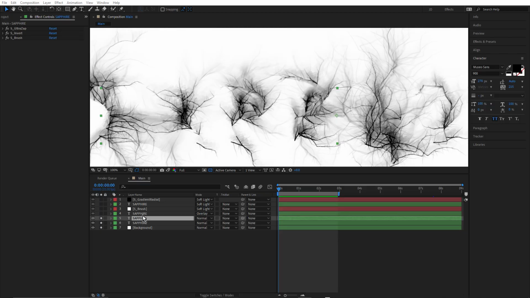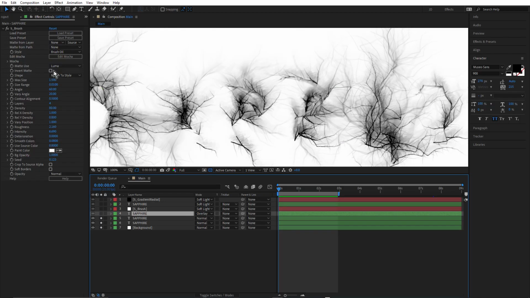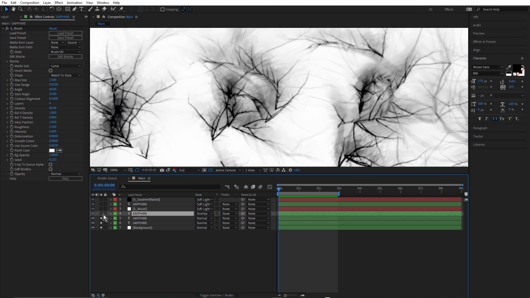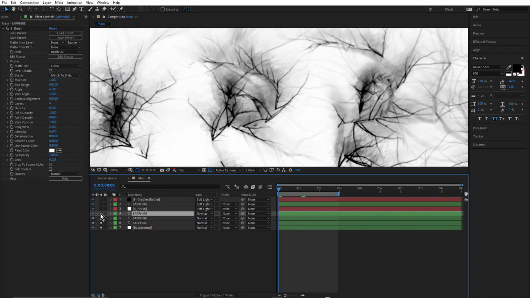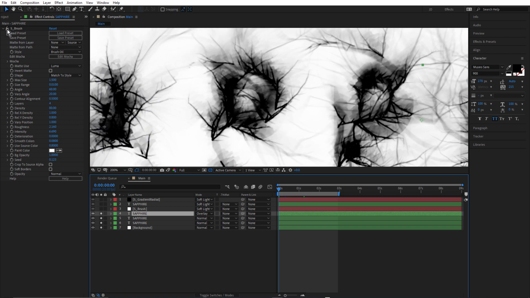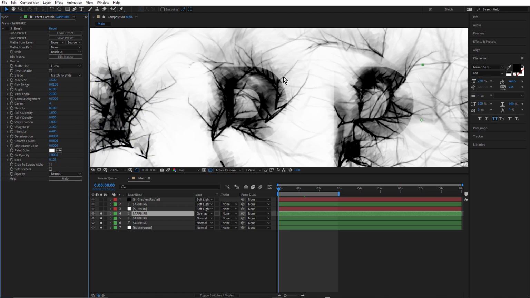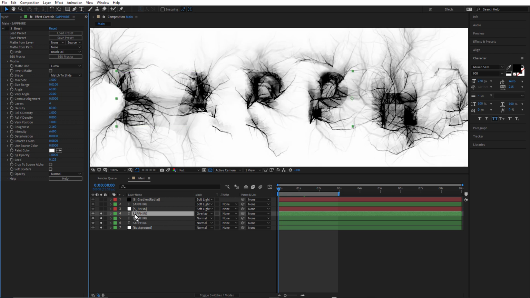Next we have another duplicate of the Sapphire text. This one has just the S-Brush effect applied. I'm going to roll in here and turn that on. Just turn off the S-Brush effect for a moment. You can see it's actually black text and it has the overlay blend mode.